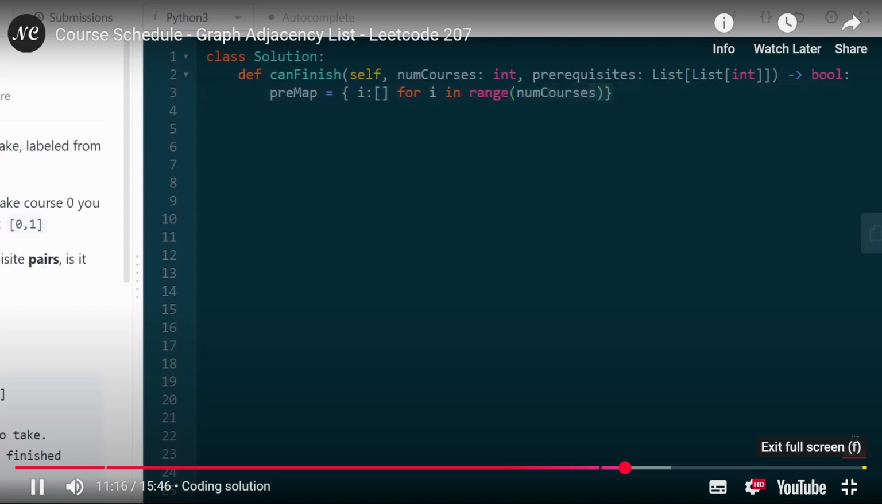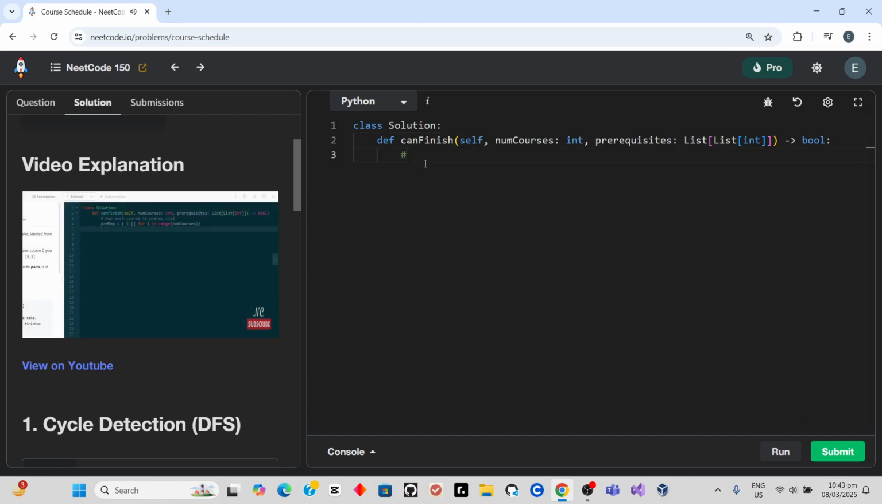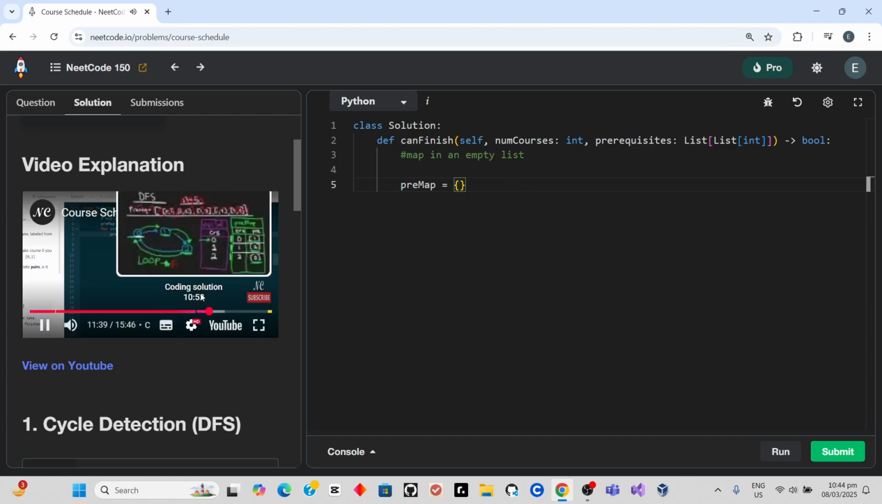So this is, if you're not familiar, this is some Python stuff. I'm just saying that for every course, initially, we want to map it to an empty list. And we know that the prerequisites are actually contained in this nested list variable. So let's iterate through that. Let's get each course prerequisite pair from that list and then just start appending them. So pre-map of course, we want to append to this list this